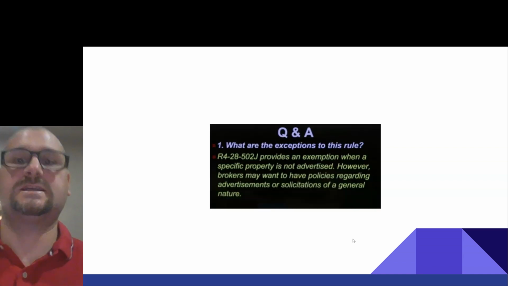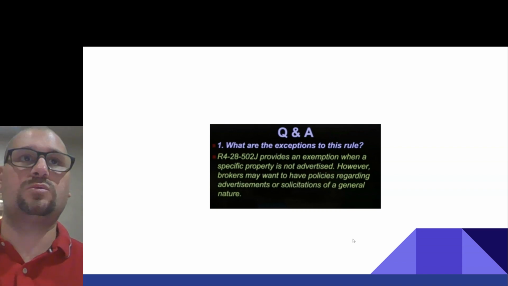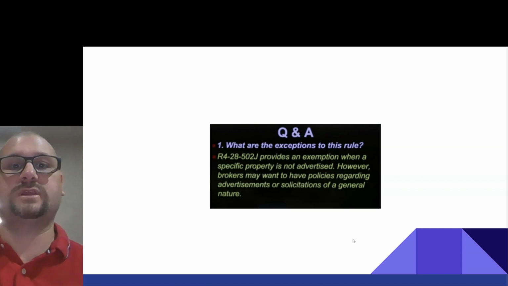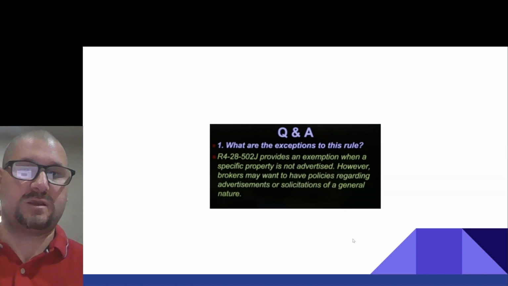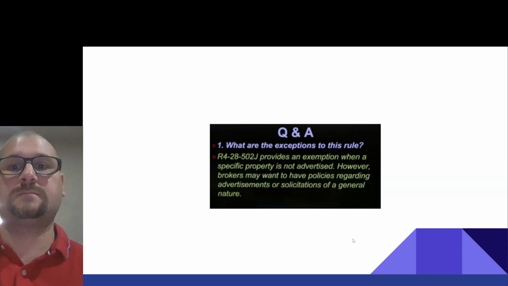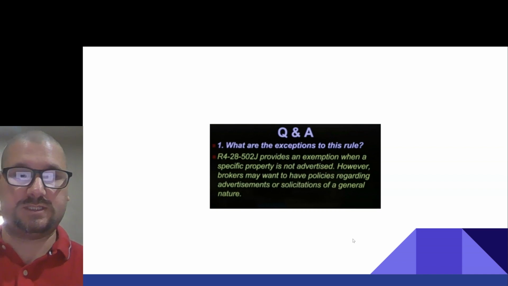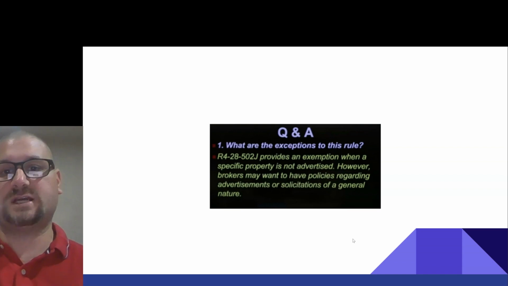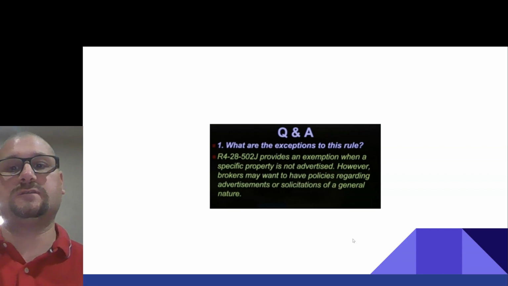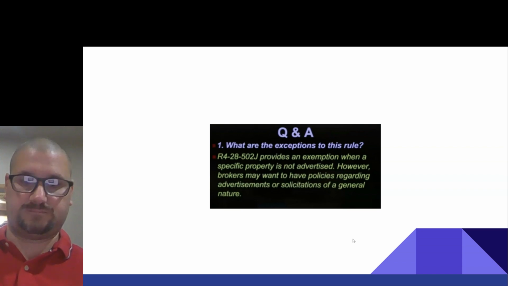So what are the exceptions to this rule? Rule 4, R4-28-502J, provides an exemption when a specific property is not advertised. However, brokers may want to have policies regarding advertisements or solicitations of a general nature.